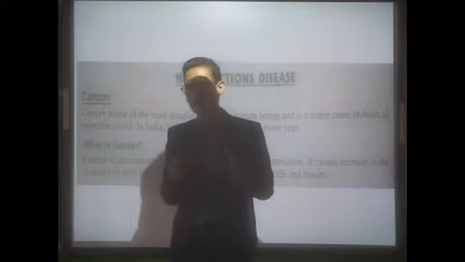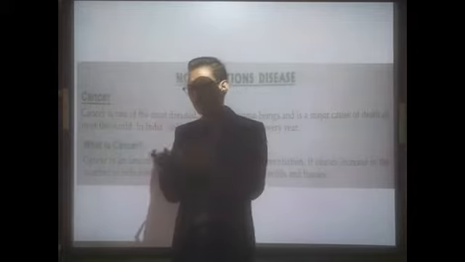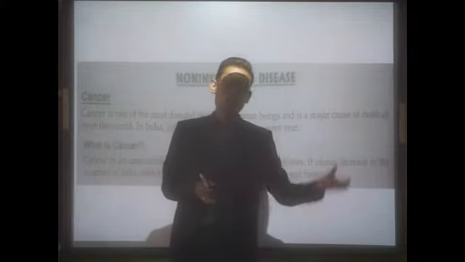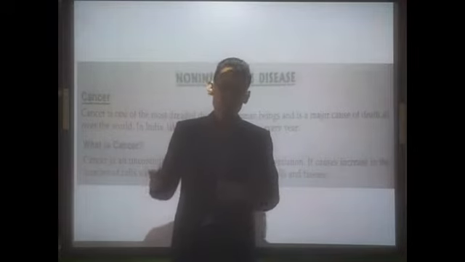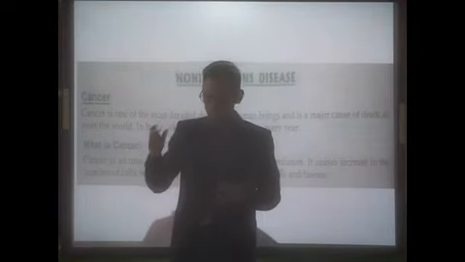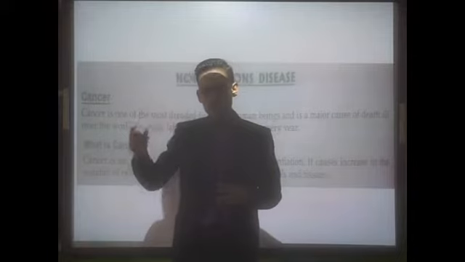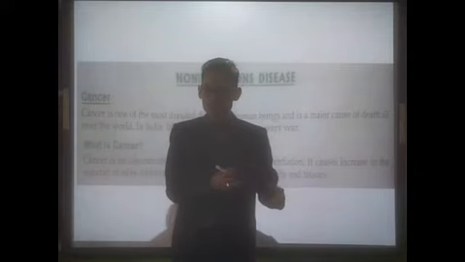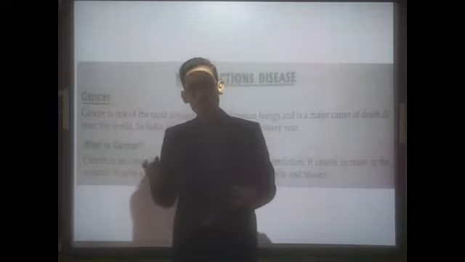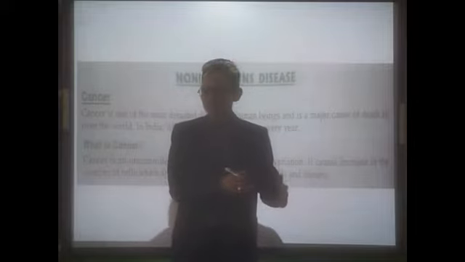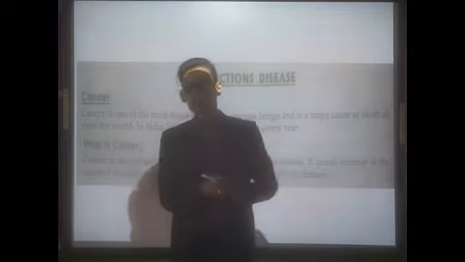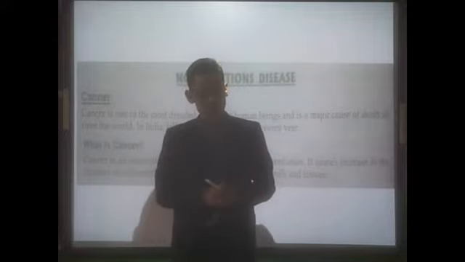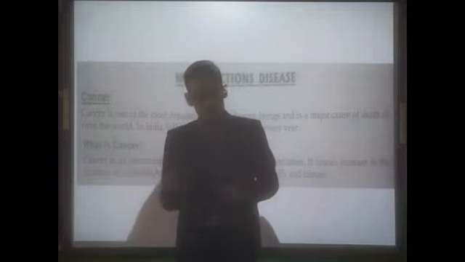We have learned about the first growth phase, then we have learned about the synthesis phase and the second growth phase, and we have learned about interphase also. Yeah? So a normal cell has to pass from one phase of the cell cycle to the next phase. That means from the first growth phase they have to move into the synthesis phase, S phase, and from that S phase they have to move into the G2 phase or the second growth phase. So a normal cell has to follow this particular